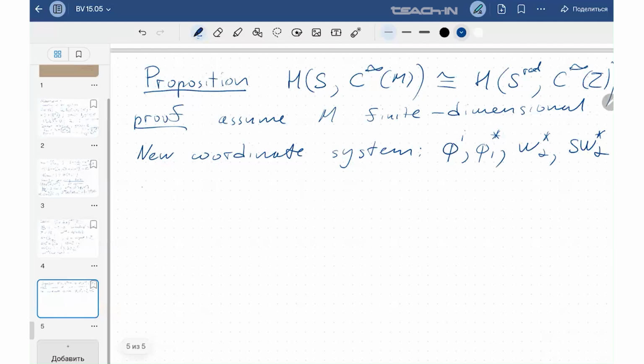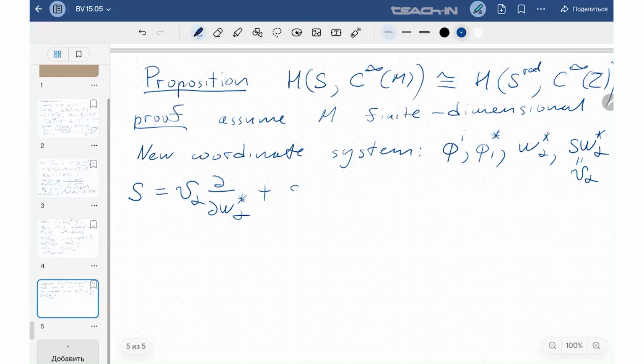Now our S reads like this. And this I denote by V alpha. In this coordinate system, our differential can be written like this: V alpha d over d W star alpha